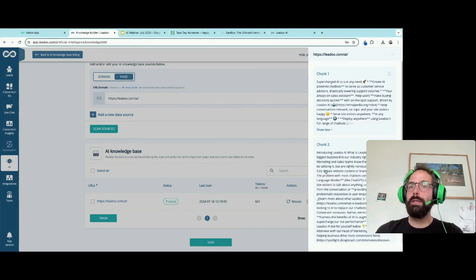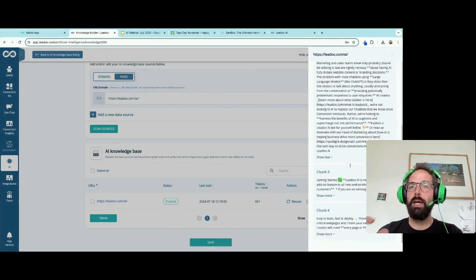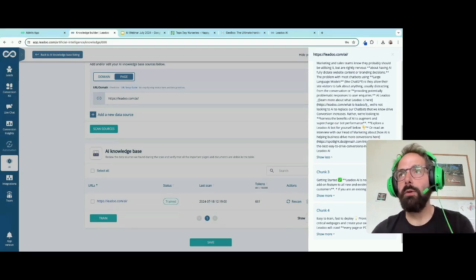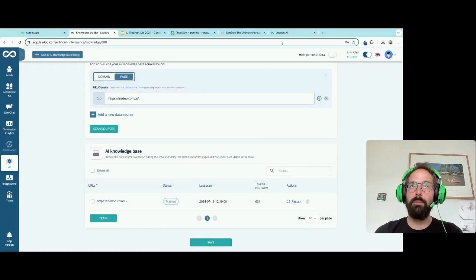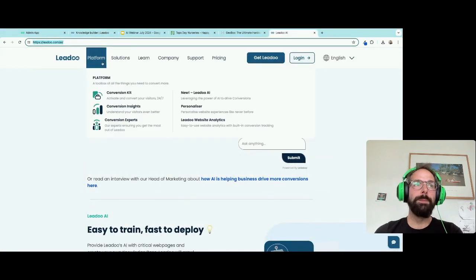So it's broken up into sections basically, and it's stored that information. So if you were to ask it a question about, what is Leadoo AI, it'll pull that answer specifically from here. So that's why I say it's really important to use up-to-date web pages, up-to-date pieces of content, whether they're data sheets or course guides, price lists, for example. Like it's very important to do that. And in terms of the scanning,